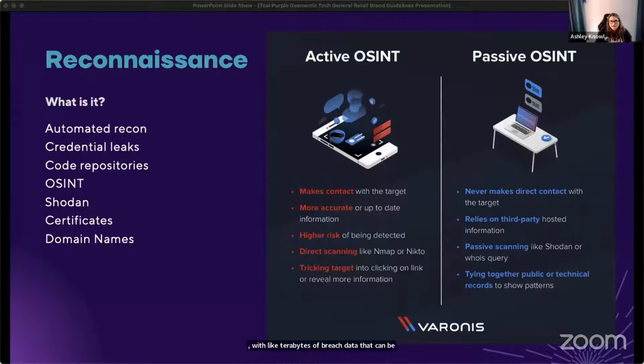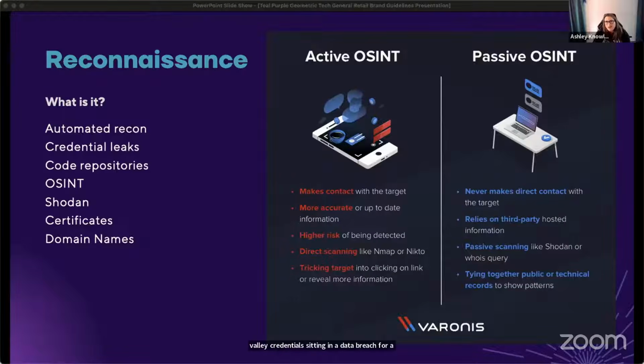I personally cannot recommend this enough, because I can't tell you how many times on a pen test I'm sitting there with 500 user credentials for one client. Out of 500, there has to be at least one that has valid credentials for some type of sign-in. Probably about 50% of the time, we have valid credentials sitting in a data breach for a contractor or an employee of a client, and that's how we